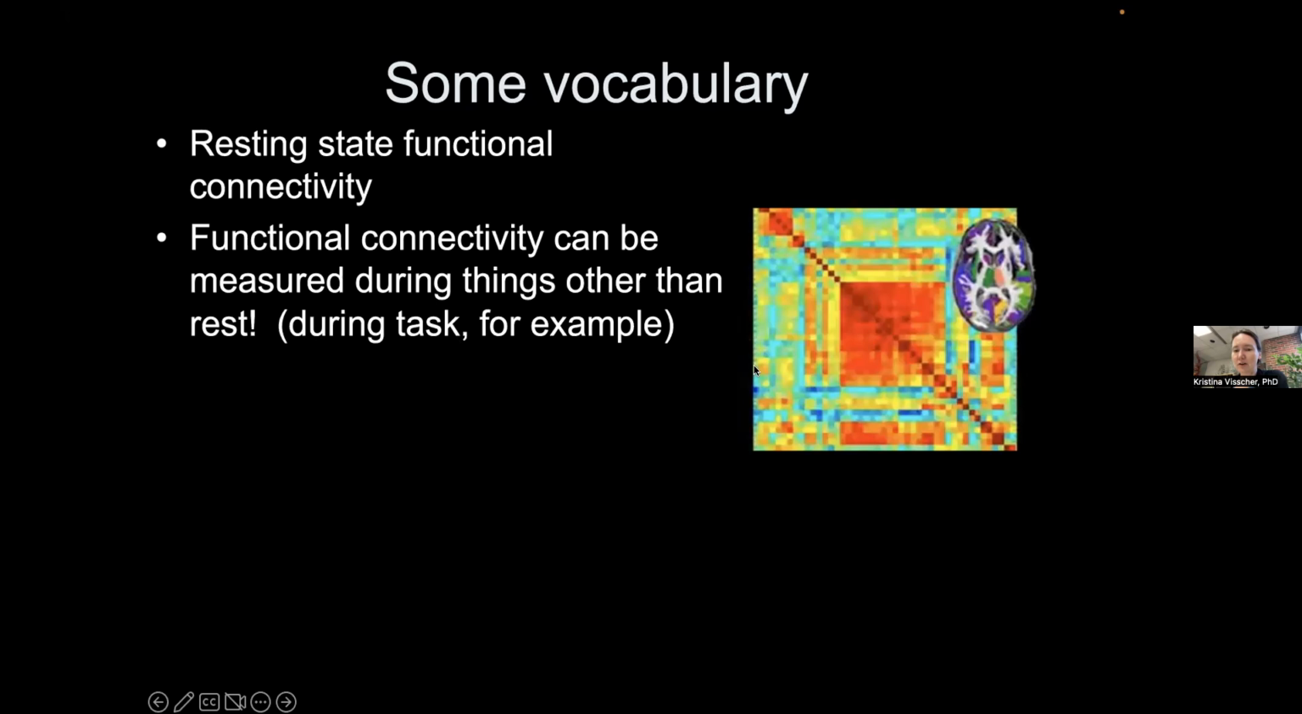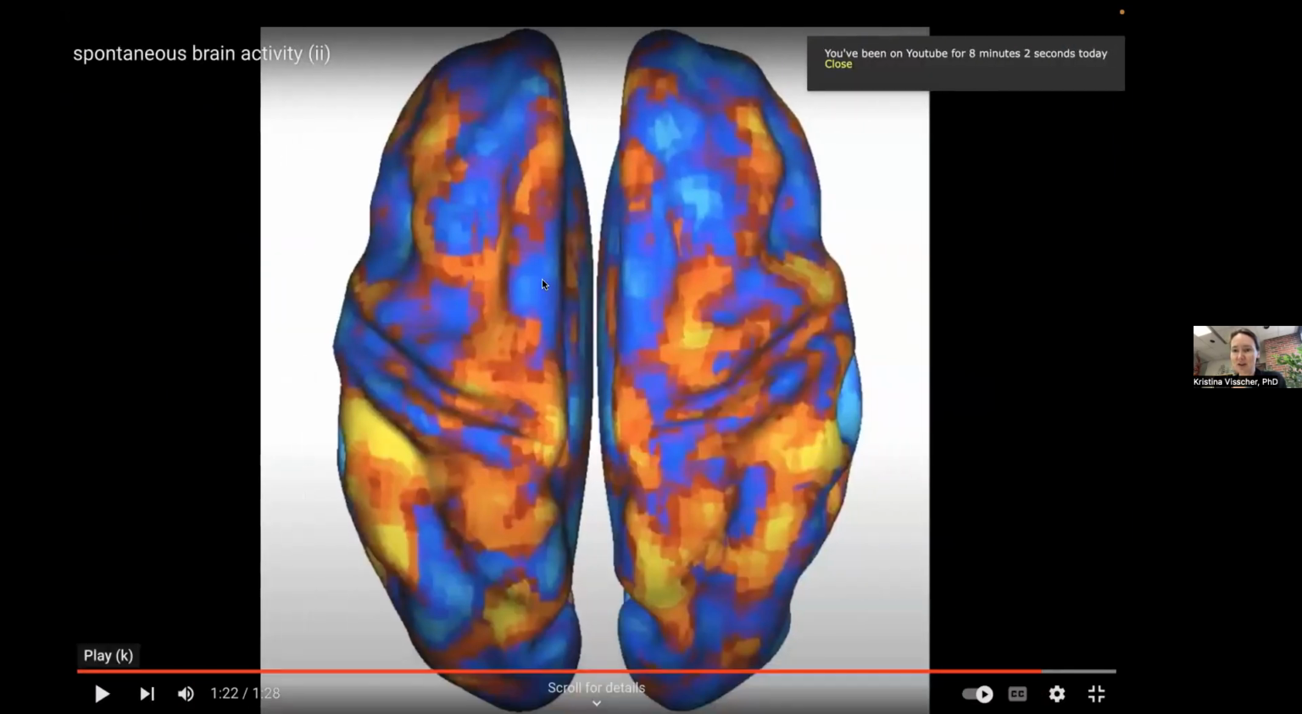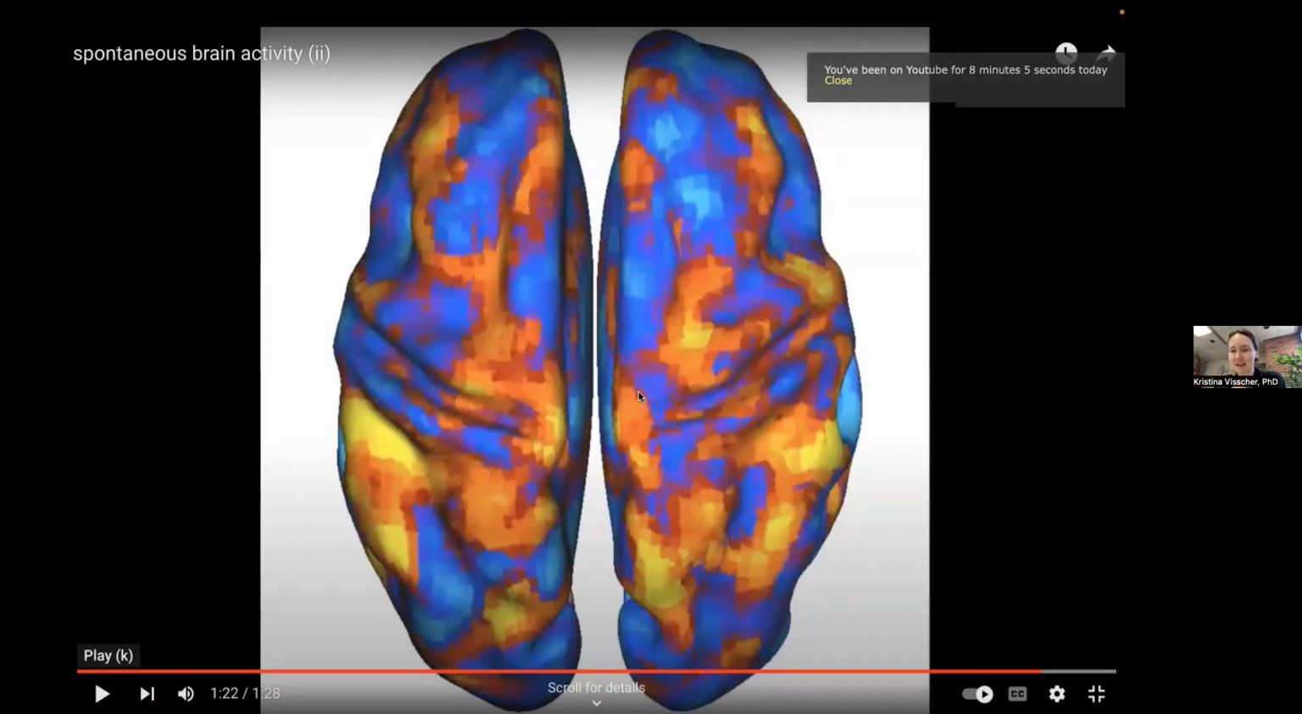And here's just another representation of those correlation matrices with some example regions of interest on this brain here. Another set of vocabulary words is resting state functional connectivity. That just means functional connectivity measured while the subject was resting. So in this image that I showed you, the subject is just sitting in the scanner, not doing anything else,